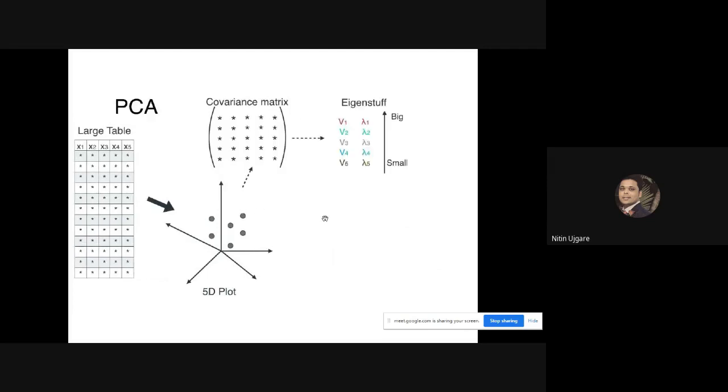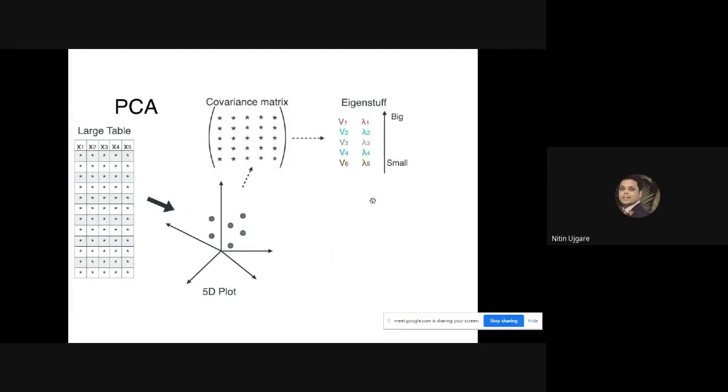Okay. Now, after projecting these points onto a new hyperplane, we will calculate the eigenvectors and corresponding eigenvalues. So this is our first eigenvector, and this is the eigenvalue with respect to this first eigenvector v1. This is the second eigenvector, and lambda 2 represents the magnitude value of v2. Lambda 3 is the magnitude value of v3. Lambda 4 is for v4, and lambda 5 is the magnitude value of eigenvector 5.